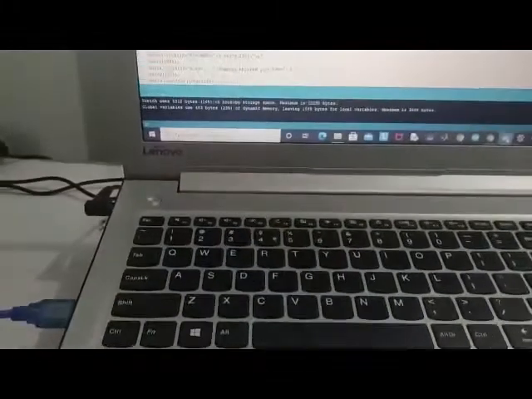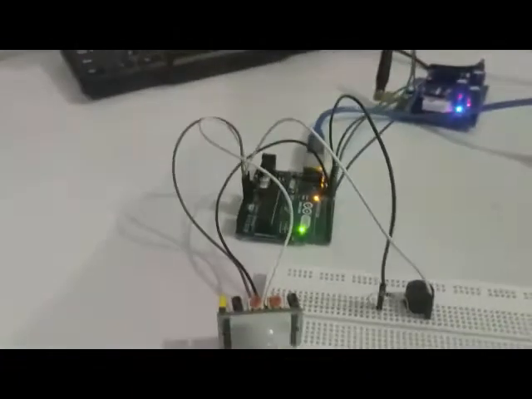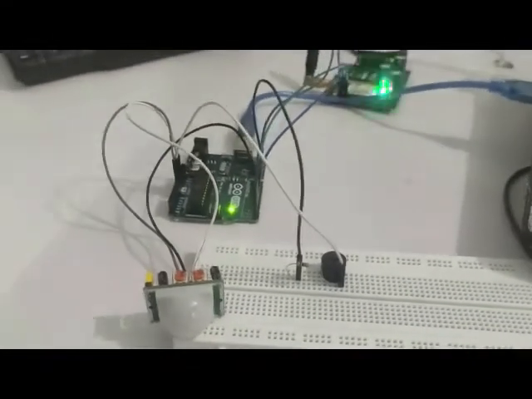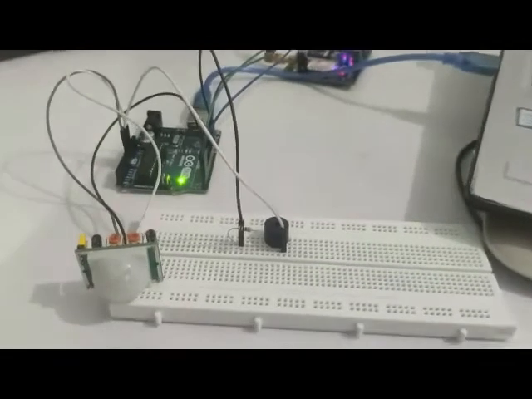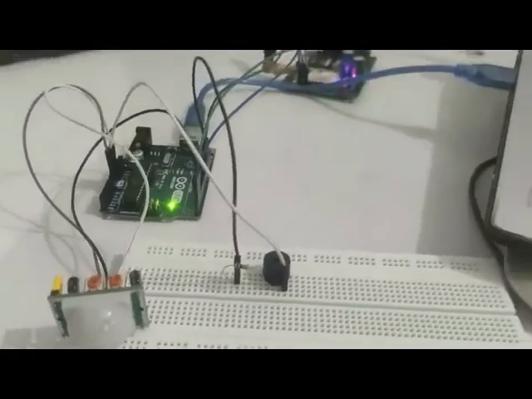Along with that, we already said that we have a Python module which detects the face. See, again you can hear the sound because I am in motion. Every 15 to 20 seconds when a person is in motion, the buzzer sounds.